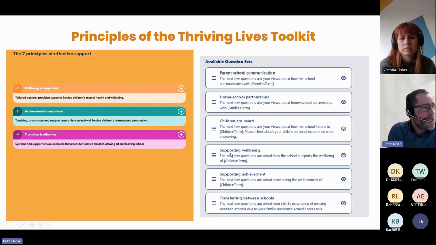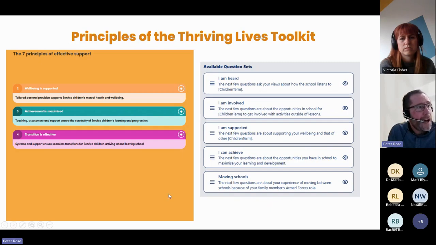There's a link with supporting wellbeing, linking to principle 2, supporting achievement, linking to principle 3, transferring between schools, linking to principle 4, as well as question sets around parent-school communication and home-school partnerships, being opportunities to evaluate principle 6.